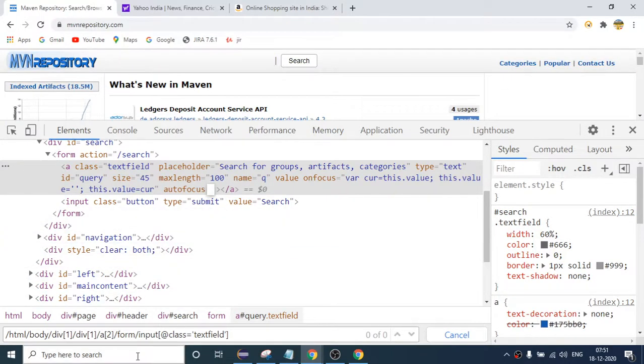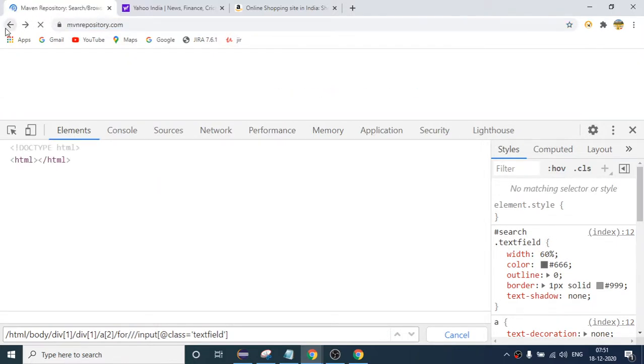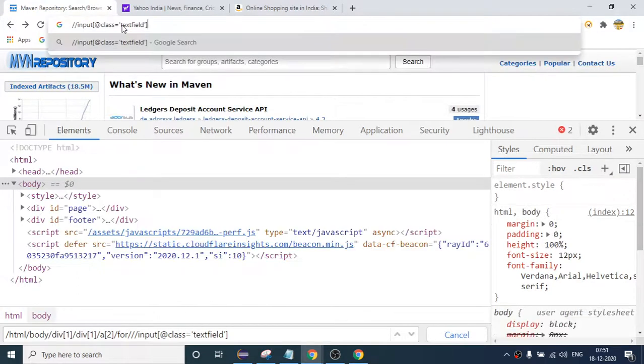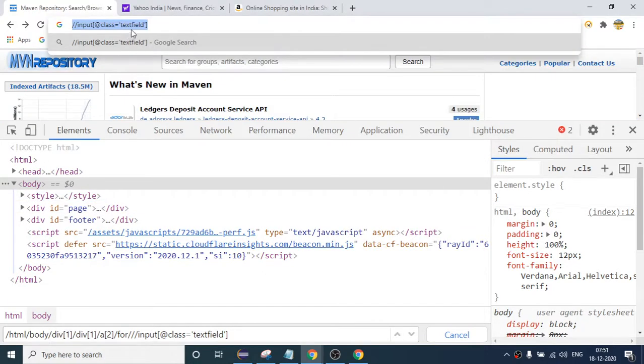But if I talk about this, suppose this is my relative XPath, and I write a relative XPath like this. If I use relative XPath, you can see we are not depending on any parent node, we are coming to the element directly. So even if the previous tag name changes, our code will not be affected, right? So I hope you got why we will use this most of the time.